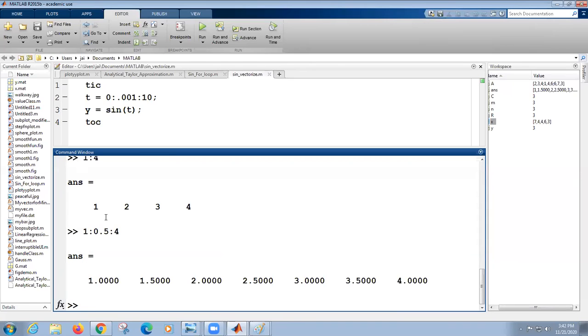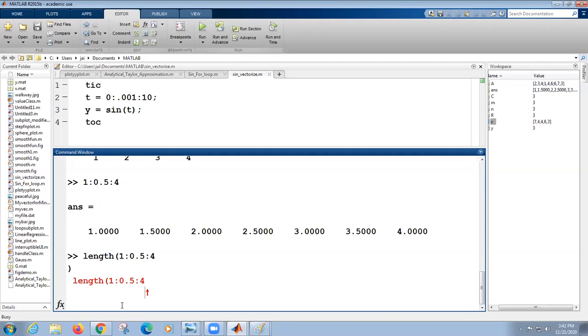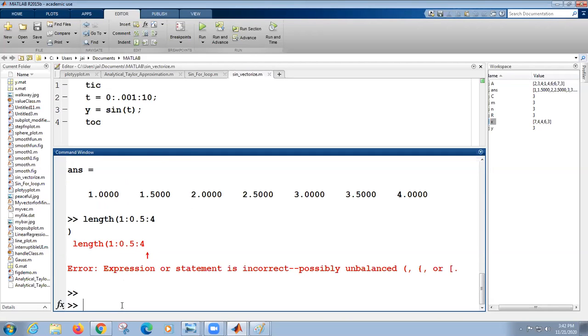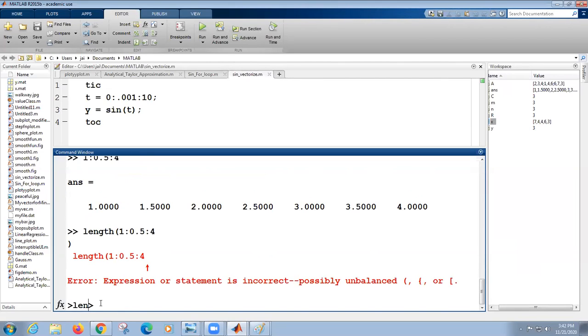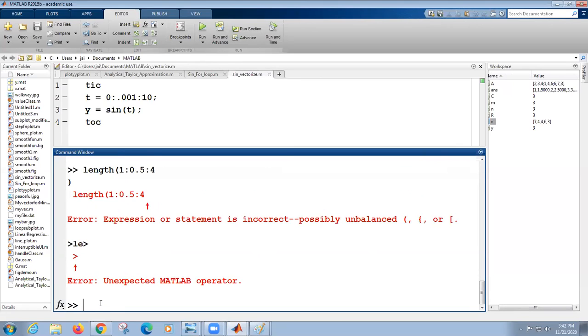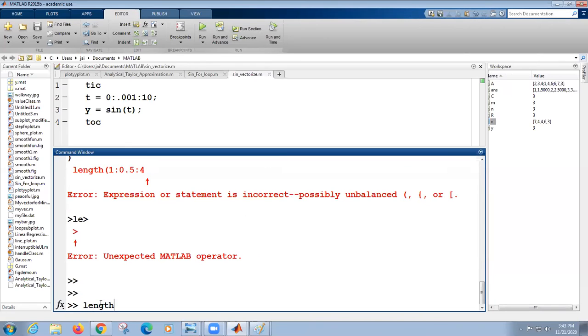So if I want to know the length of this, can I find the length like this? Is it possible in MATLAB to directly give length like this? See, for example, length of C. Now what I will do is take this 1 colon 0.5 colon 4.